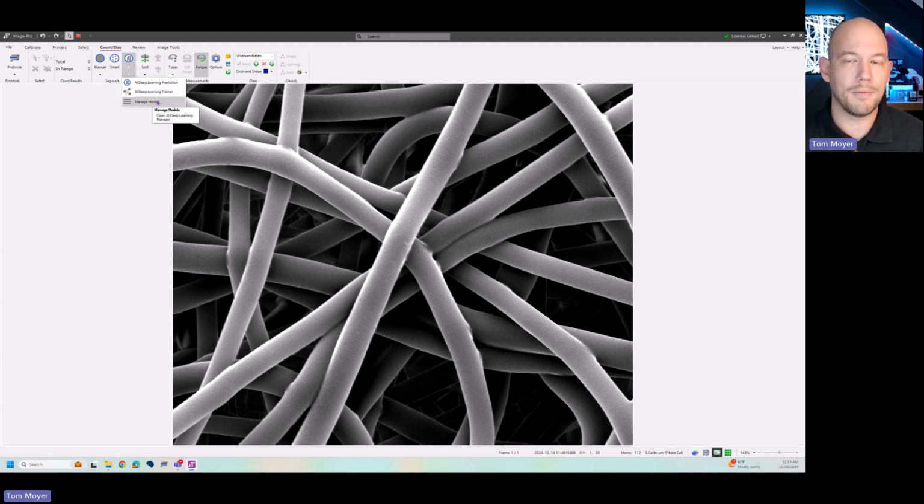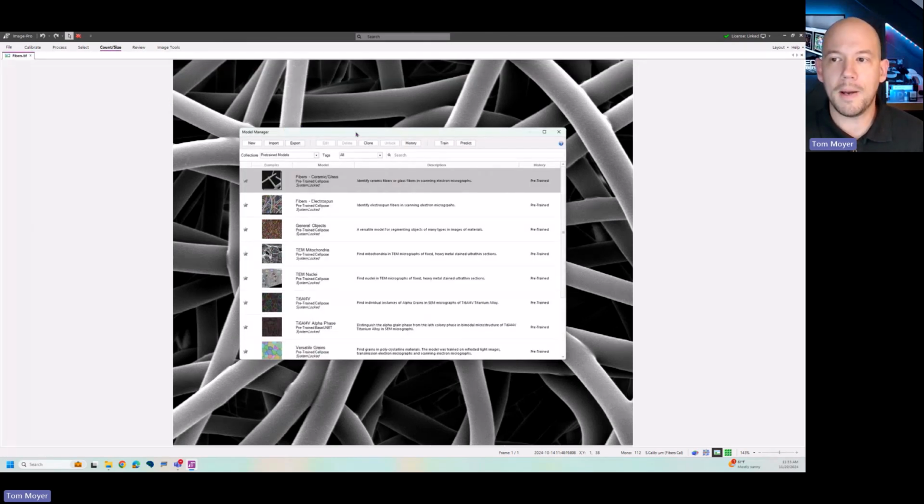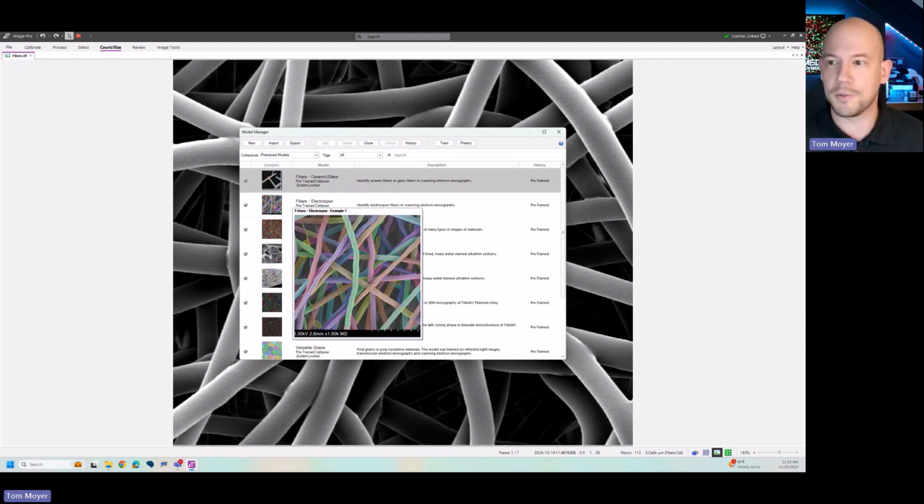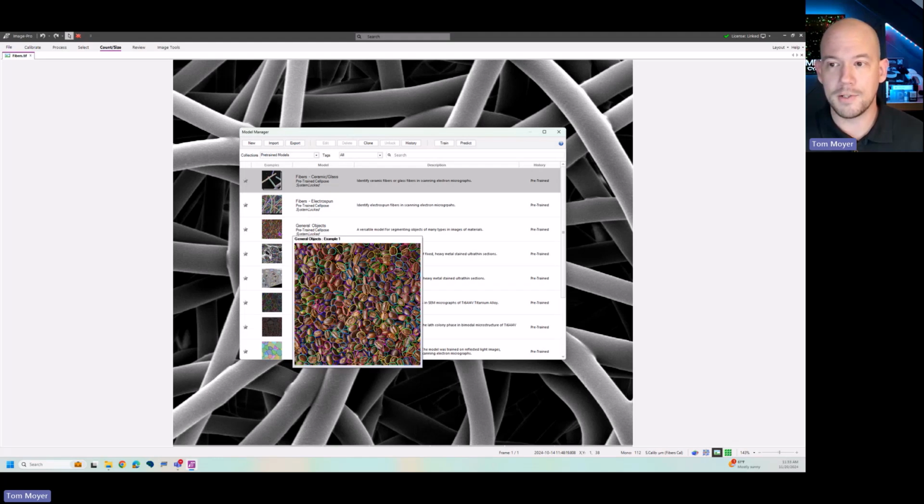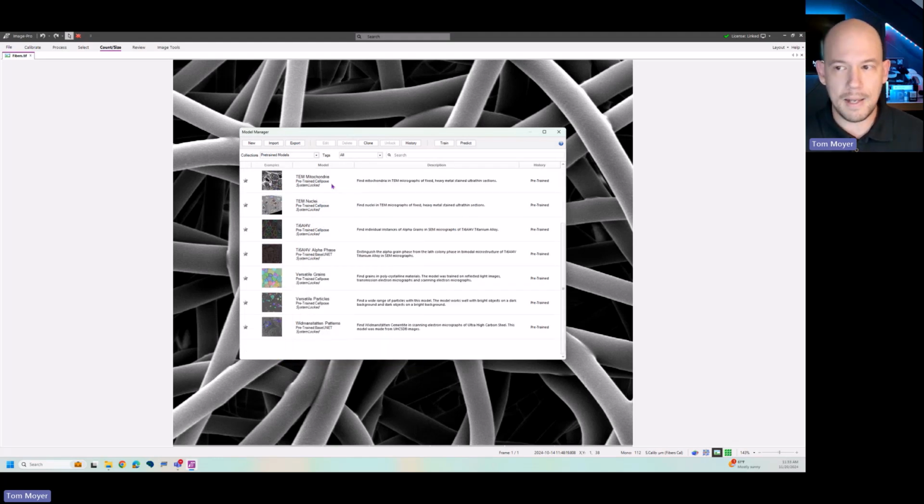And lastly, we have managed models, which is our model library. So if I open up Model Manager, you'll see I've got a collection highlighted now. These are all of the pre-trained models that are available. We have the 2 brand new ones, the electrospun fibers, as well as the ceramic and glass fibers. We have some very general models, such as this general objects, TEM, mitochondria, nuclei. I can also go into any collection if I want to highlight the life science specific models, materials models, or